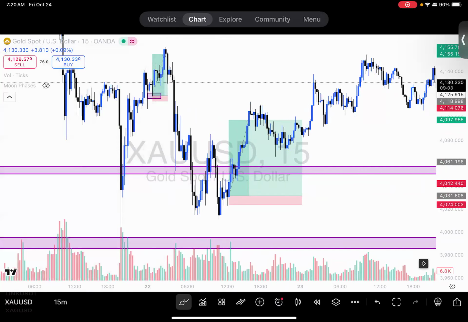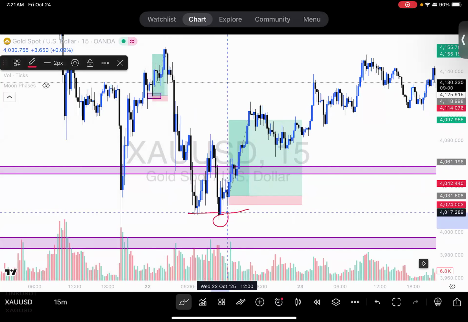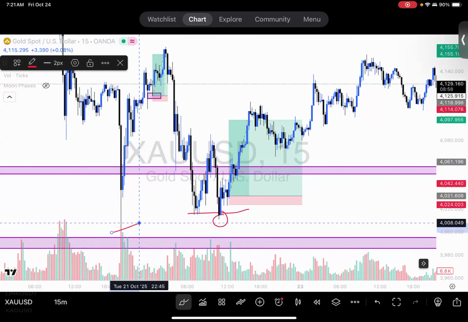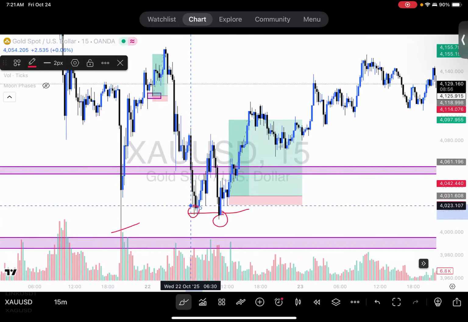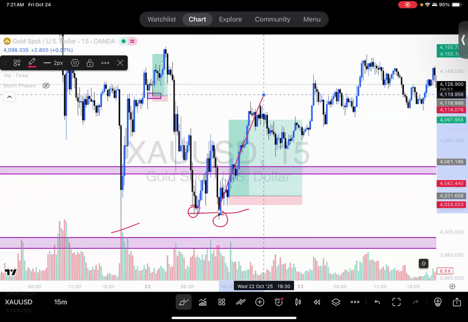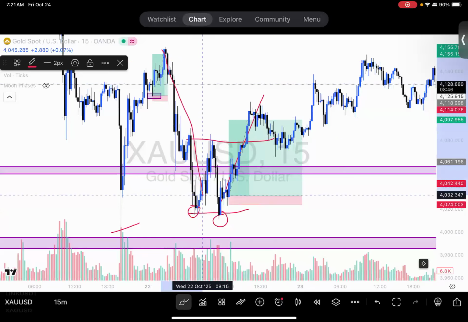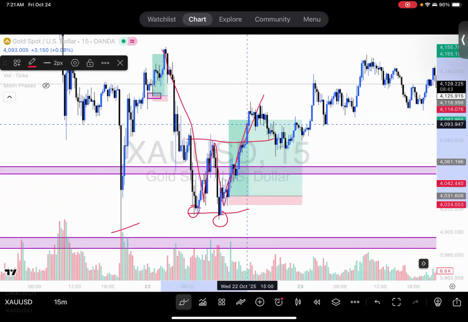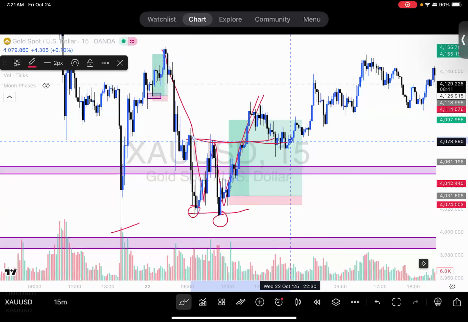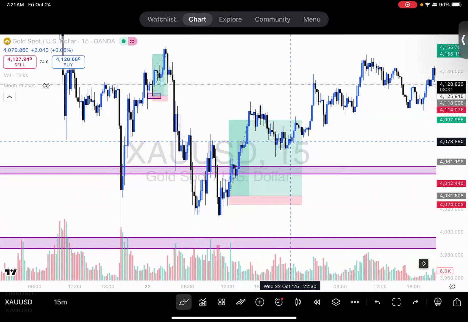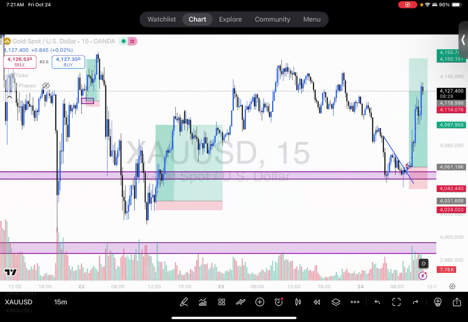Right here. So we had a sweep of liquidity, right? We took out these lows. We didn't quite take out these lows, but we took out these lows here. Then what did we do? We moved higher and we shifted in this market, right? We were bearish, bearish, bearish, pulled back a little bit, bearish, bearish, boom. We now broke that bearish momentum and we are moving higher. Right now, I want to find an area in the market that we can return to that is at least